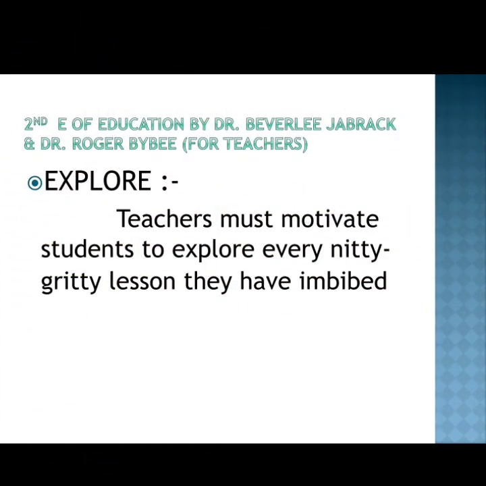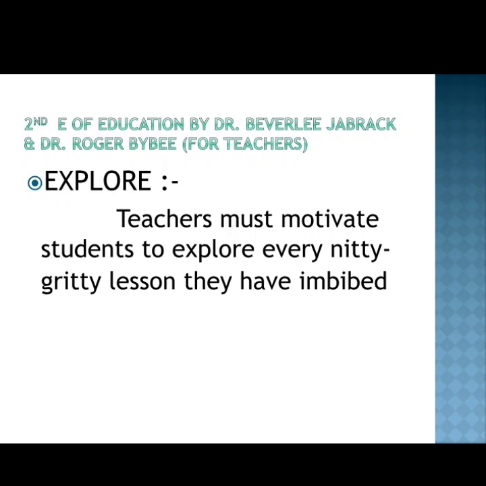Now we are going to delve into the second point, that is explore. Exploring is the most important part of learning. This is the gut of, I think, learning. If you don't explore what you have learned, if you don't actually fall back into your learning, if you don't indulge in your learning, and if you don't delve deep, whatever you have learned in the class, whatever the teacher has actually taught you, whether you have imbibed it or not, whether you have understood it or not,